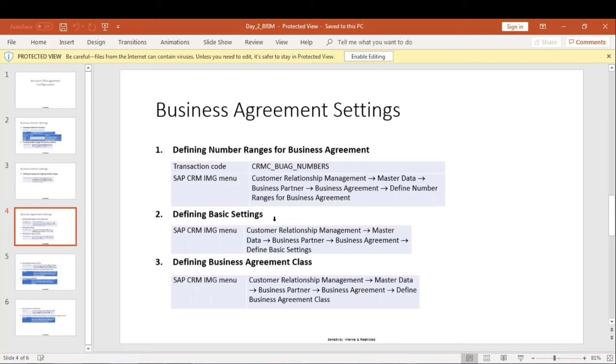Last month he paid 100 rupees and the remaining 50 he is supposed to pay. This month he got a 100 rupees bill. So he can pay the 150 rupees this month, or he can pay 100 rupees this month and pay the remaining 50 next month. This kind of functionality is there in FICA.